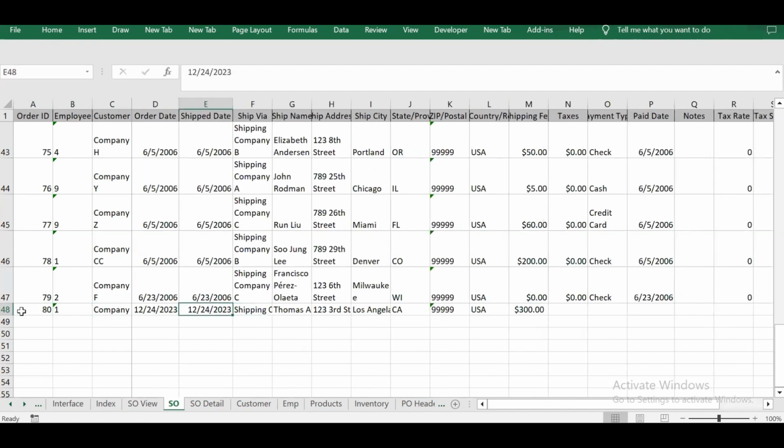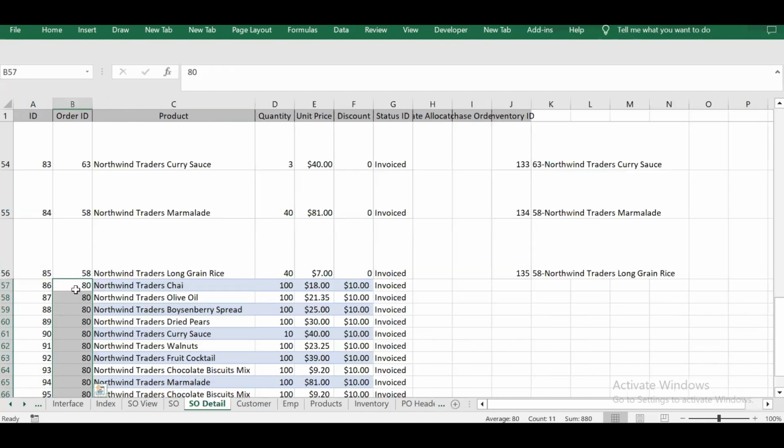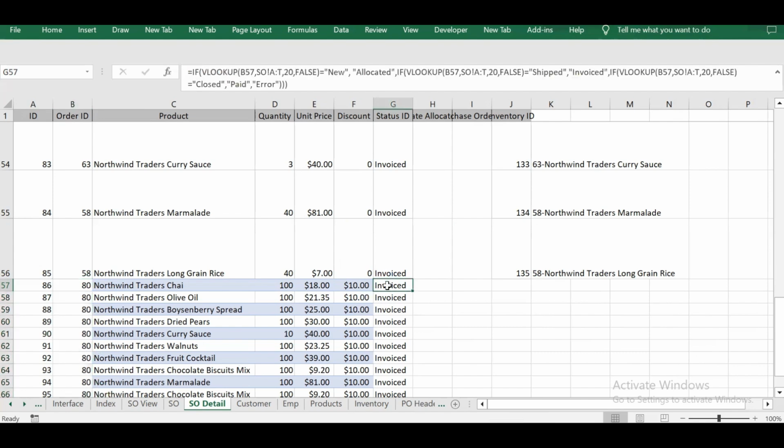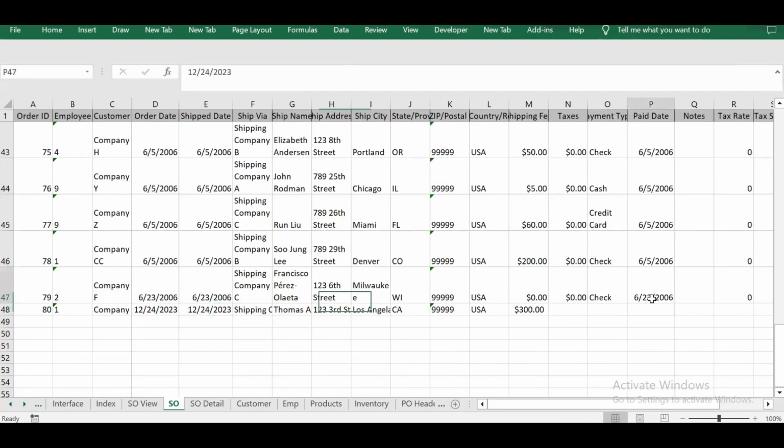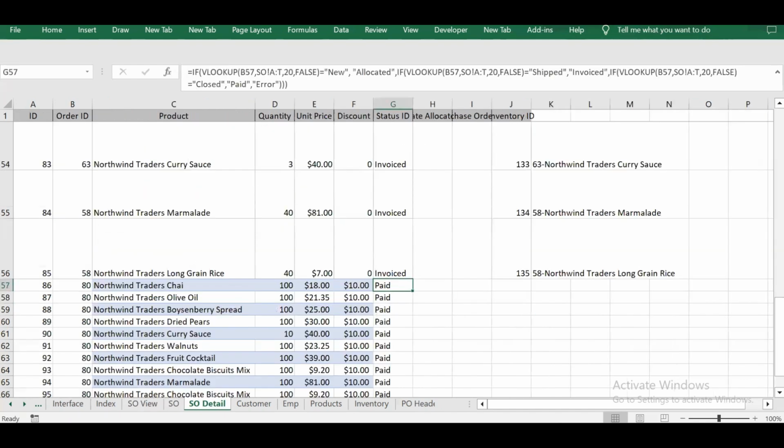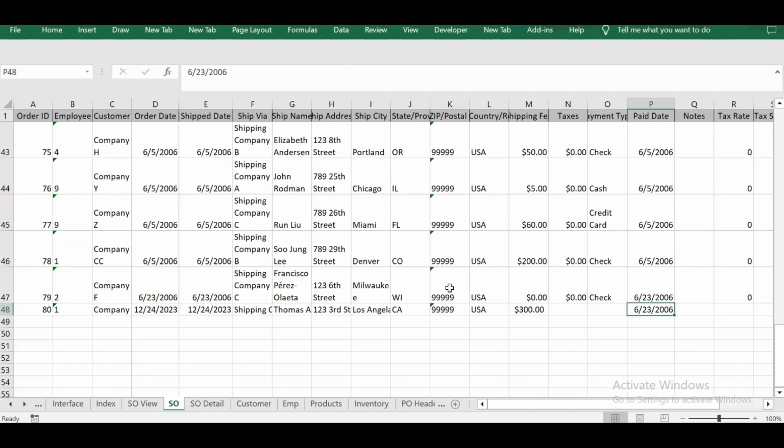As soon as a sale order is shipped, it means it is invoiced. So all its details, if you see the 80 details, these all are invoiced because that is shipped, right? And as soon as we make it paid on a certain date, for example, it is paid on this date, what would happen? Previously, it was showing invoiced, right? It was shipped on the sale order header space. It was shipped, and if we delete the payment date,